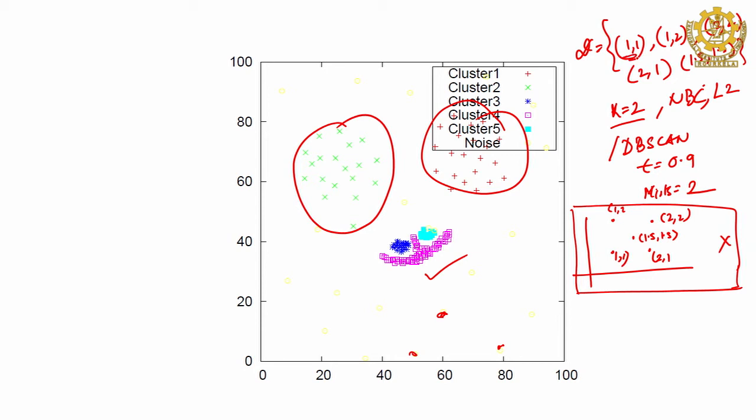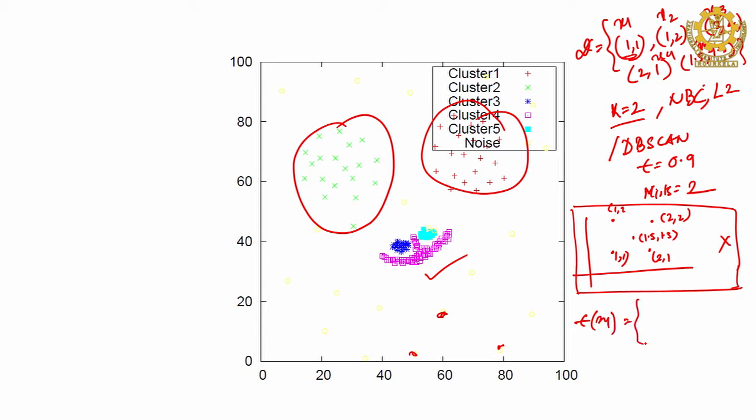Then ideally what you do is find the points within the epsilon, to test whether the point is a core point or not. So, you compute the distance from (1,1) to (1,2) and all other points. How many points will be within the epsilon of the point, let us say x1, x2, x3, x4 and x5? So, what is the epsilon neighborhood of x1?